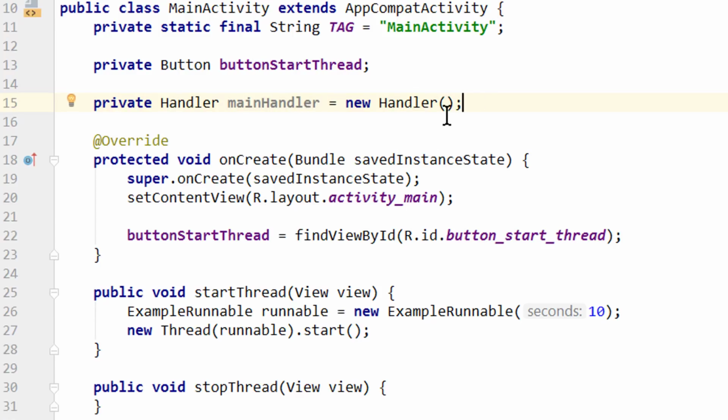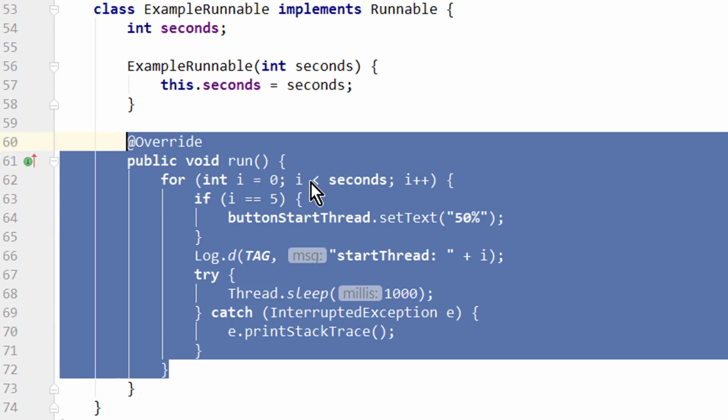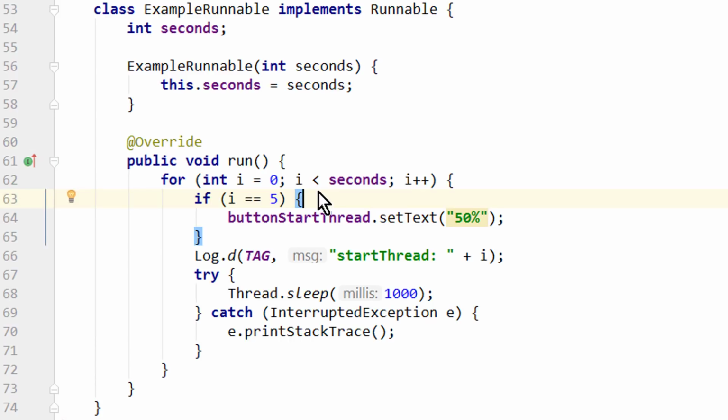So when we write new Handler here at the beginning of our main activity, this gets executed on the main thread. So this handler will only work with the message queue of the main thread, which means that we can use it to get our work to the main thread. We could also create a message queue and a looper for the thread we created. This way we could keep it alive and feed it with more work, but we only want to execute this once, so we don't need a message queue here.